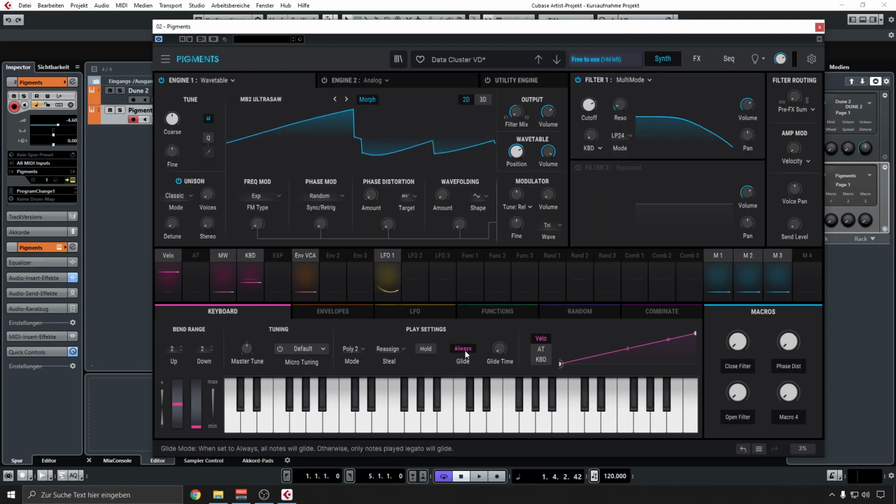And this button, it says when set to always, all notes will glide, otherwise only notes played legato will glide. And you remember, legato means that you play a new note while still holding down another one. So if I hold down this one and play this, it should actually introduce glide time. So now it will glide